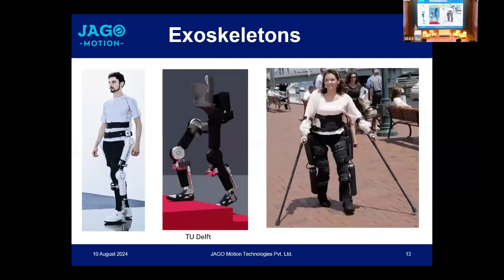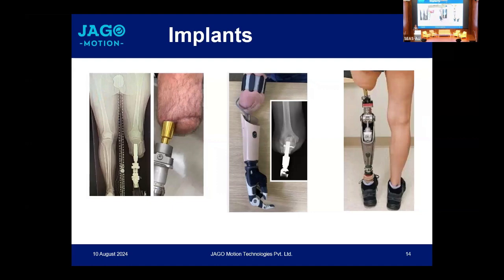Then there is the next thing, exoskeletons, which was initially thought to be only for people who have legs but don't have sufficient strength in them, like a polio person or a paralyzed person or an elderly person who cannot walk. Only those people can wear this, which is not true. I'm coming to that. But the exoskeleton is a solution, an alternative to prosthetics. And then implants. Implants is another, which is growing now with a combination of the manufacturing or engineering industry and the biomedical industry, because a lot of studies are required in the biomedical aspects of humans.